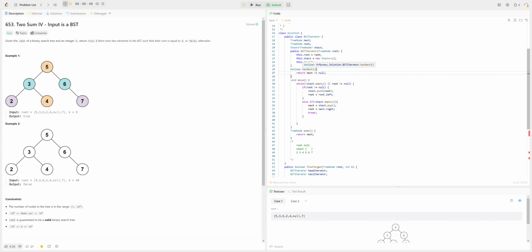What we want to do if we want to iterate from right to left for the tail iterator, shall we just replicate this code and make a symmetrical change? A symmetrical change for that would be, instead of going towards the left, we go towards the right. And similarly, once we pop the item from the stack, instead of going to the right, we go to the left, right? So if you pause this video for a little bit,